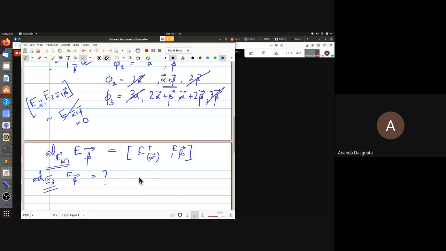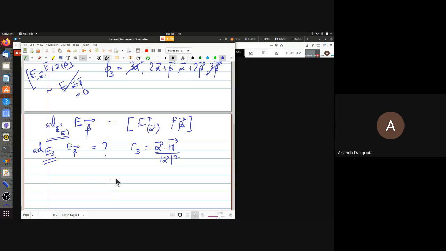Well, we know what ad E3 acting on E beta is. E3, remember, is simply alpha, and I'm again talking of E3 for the alpha, minus alpha pair, divided by mod alpha squared. So the E3 eigenvalue for E beta is simply alpha dot beta by mod alpha squared. And we had already proven earlier that this famous quantity is equal to minus half